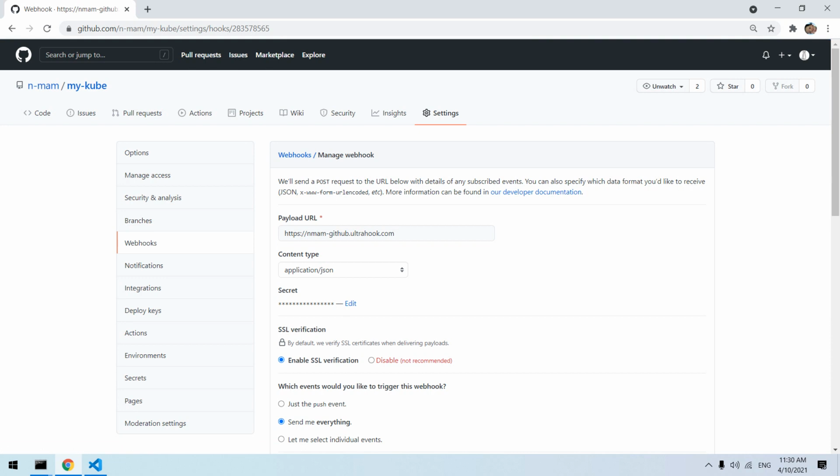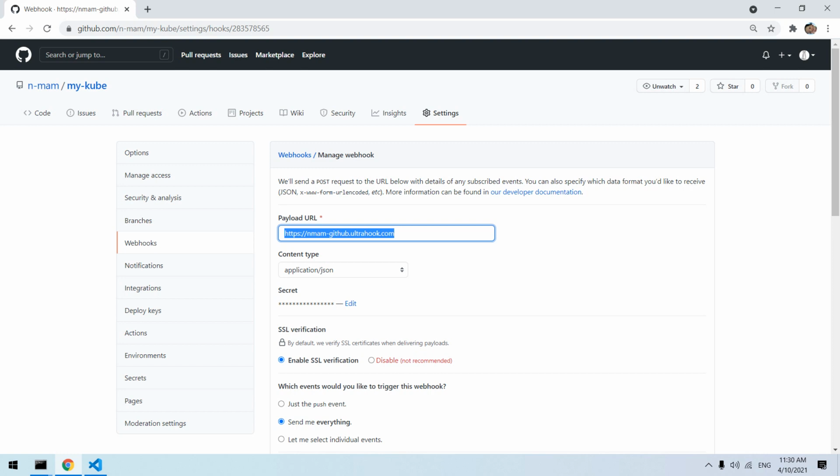In this you have to give a payload URL. This payload URL is essentially your UltraHook public endpoint. As part of the sign up process, when you sign up for UltraHook, the confirmation email which you will receive will also have the API key. You will receive a public namespace, your own namespace. This is my namespace.